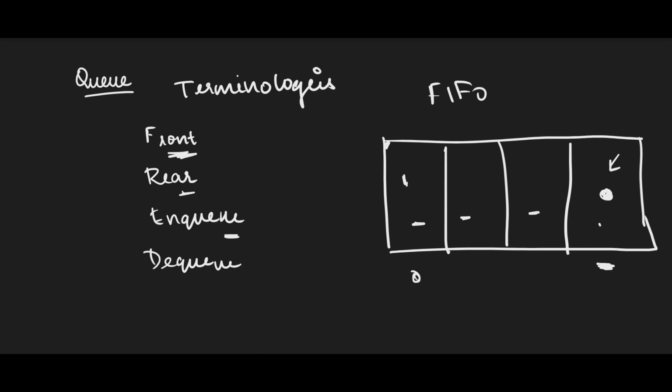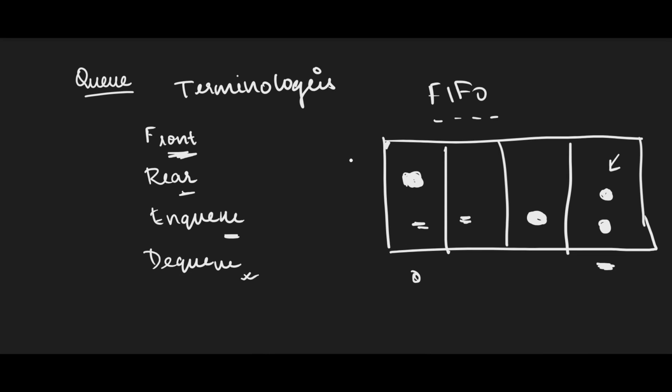If just 2 of the spaces are filled, it adds the new value here. So it adds the value to the end of the queue. That is the basic meaning of enqueue. Similarly, dequeue removes the first value of the queue, because it follows the FIFO order. Since this is in the starting of the queue, when we are removing a value, we remove from the start